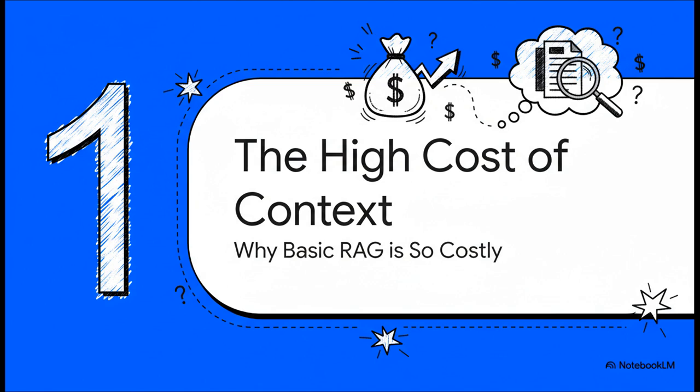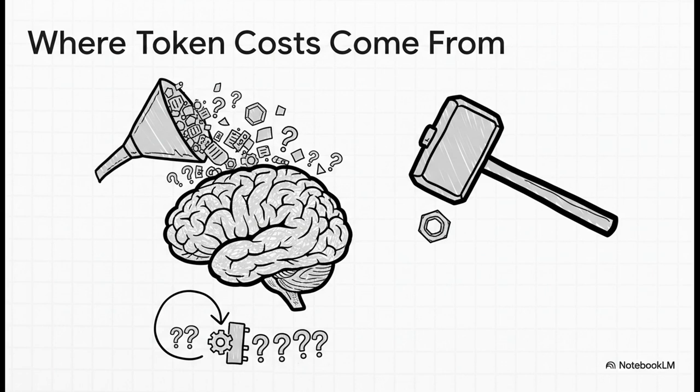I mean, why does a seemingly simple RAG setup end up being so darn expensive? Well, the answer lies in one word: context. So here's the brutal truth. Most of the token waste isn't because the final model is expensive. It's because, well, we're being a little lazy. We're sending way too much unfiltered, irrelevant information to the most expensive part of the whole system. We're using a sledgehammer, our biggest, priciest LLM, for every single task,